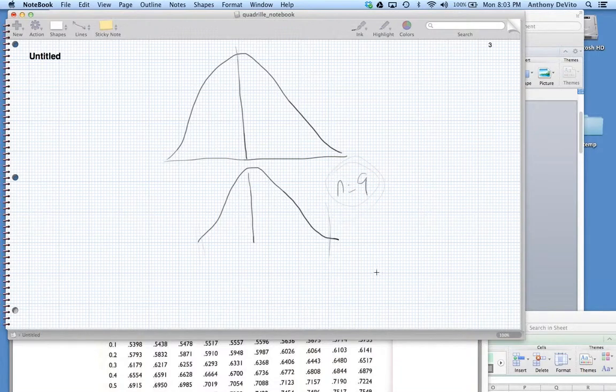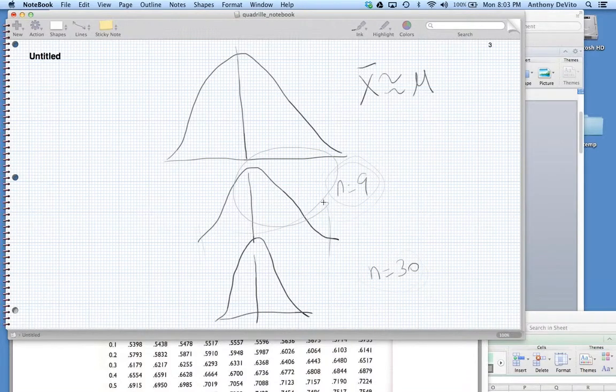If you take a larger sample size, say n equals 30, what's going to happen is you're averaging 30 numbers. So all of the numbers are going to be probably closer to the mean. So the distribution may look more like this. It gets narrower and narrower. The mean, X bar, approximates the mean in all of these cases. However, the standard deviation for each one of the sample distributions is smaller and smaller based on the sample size.